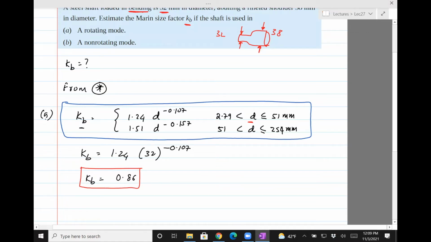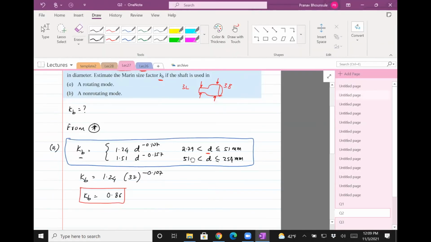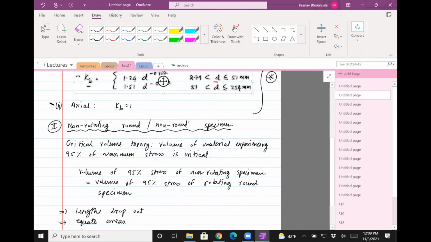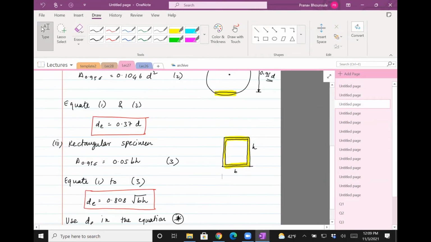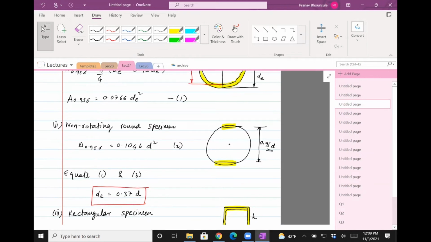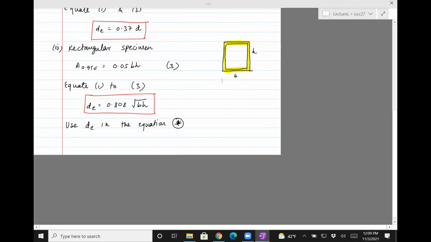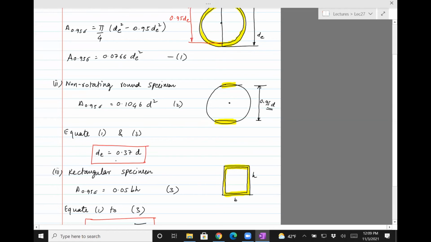Now let's see what we have to do for non-rotating mode. Let's go back. Yes, that's for the rotating mode. For non-rotating mode, we need to use this concept of equivalent diameter, right? And so for non-rotating round specimen, what we need to do is equate this area to this area. And if you do that, you get D equals 0.370D. So if you copy that,